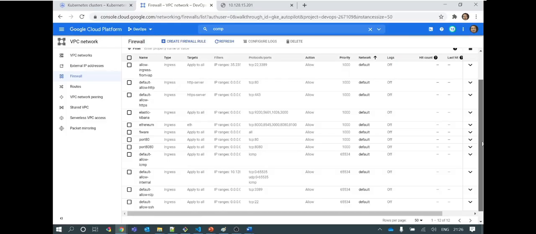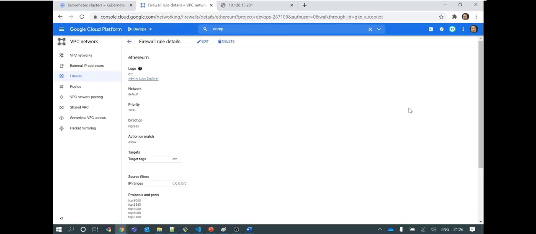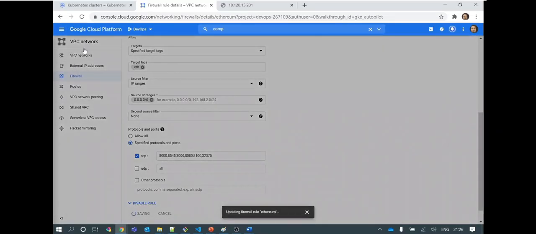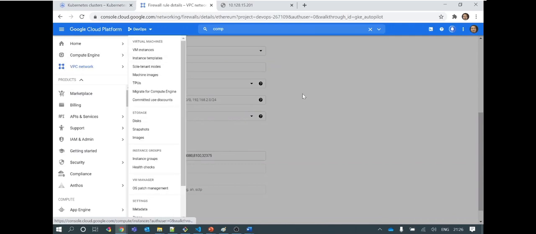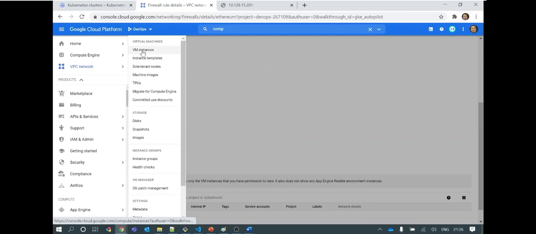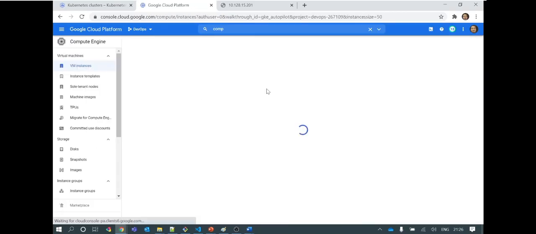Since I have opened it, I will try to show you by changing it. Let me edit this firewall rule, and I can add port here. Okay, updating. Yeah, rule is saved. I will go back to my VM.